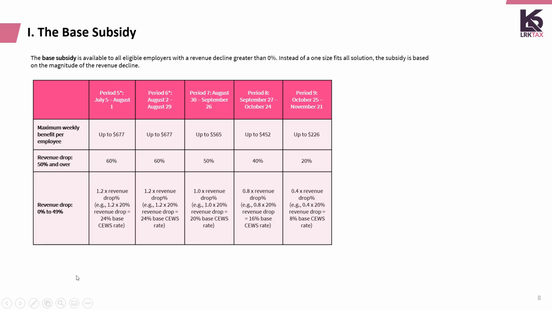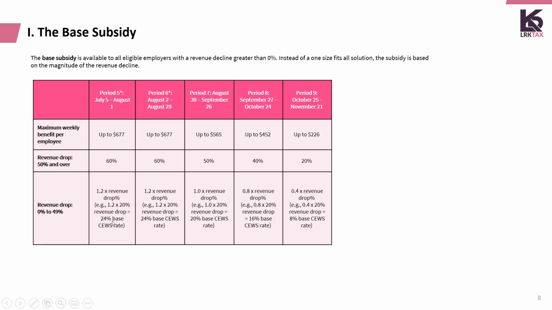The way it works is they have a fixed multiplier. So for period 5, the multiplier is 1.2. Same for period 6. You'll notice it starts decreasing as you get further along into the CEWS program, like the weekly maximum benefit per employee. You take your multiplier and multiply it by your revenue drop percentage to get your reimbursement percentage. In this particular case, we'll use a revenue drop of 20%. So 20% times your multiplier 1.2 is 24%,